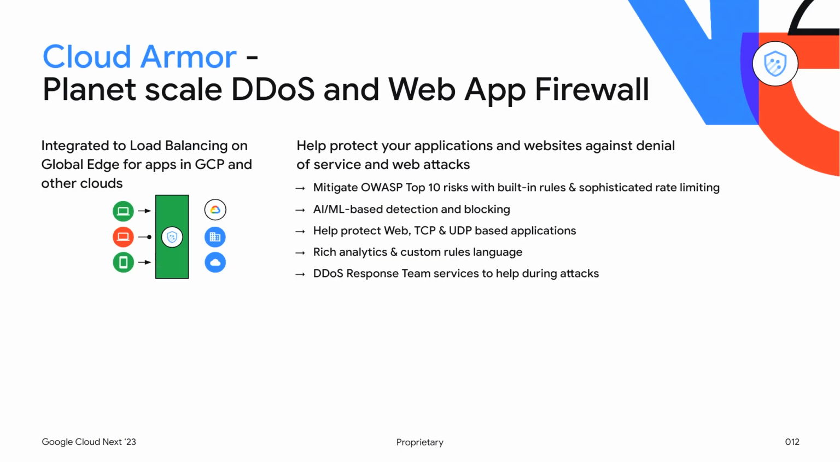Next up is Cloud Armor, which provides DDoS protection plus a web application firewall to protect your internet-facing services from both known and unknown attacks. So it has built-in rules for common attacks, things like SQL injection, cross-site scripting, Log4j, which we all remember from a couple years ago. And then it has an AI/ML